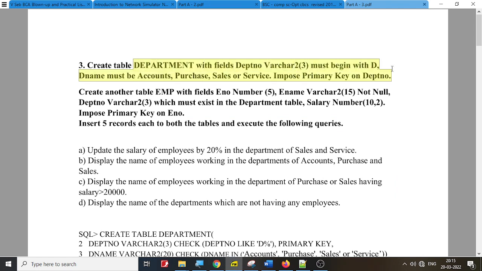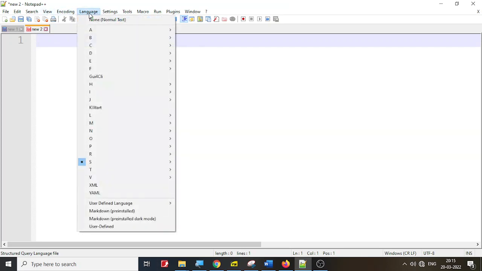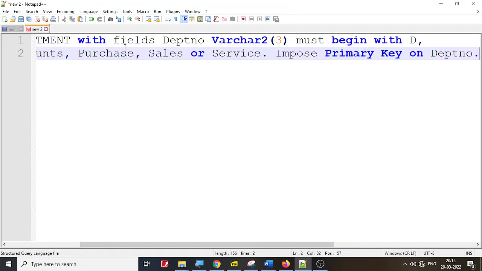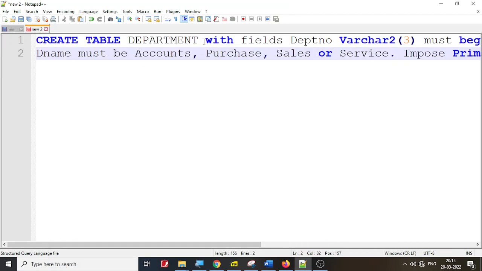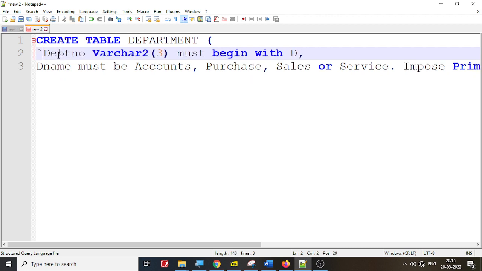I'm going to start with the first table as given by them. I have a new document opened in Notepad++, and I'm going to select my language as SQL. Let me create a table called department as given by them. Let me open the bracket here, and what they expect me to do here is I'm supposed to create a